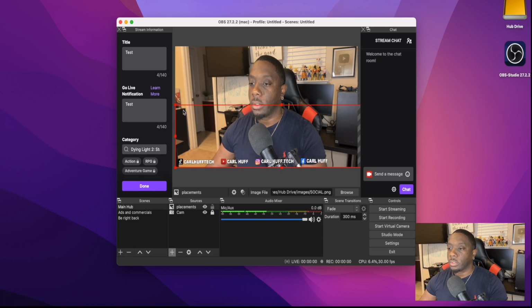So that's how you do that in a nutshell. You want to get it in the center, or you can do it right here. We're just going to place it in the center for the sake of this video. Once you get it where you want it, you can lock it. Another cool thing, remember, you can either turn it on or turn it off. So we're going to turn it on. And now we have set up our scene.